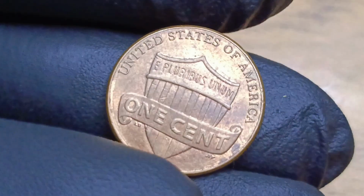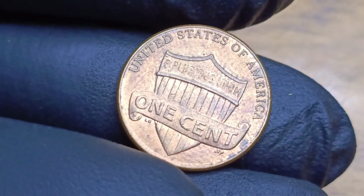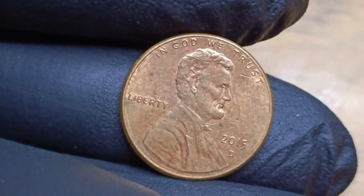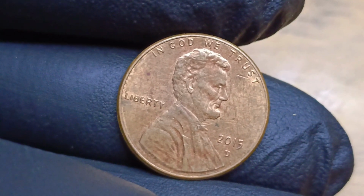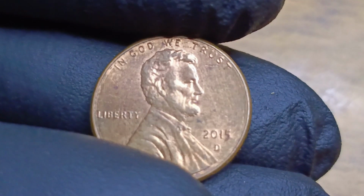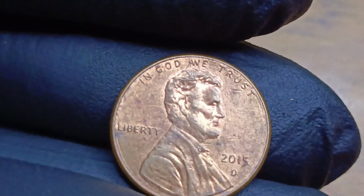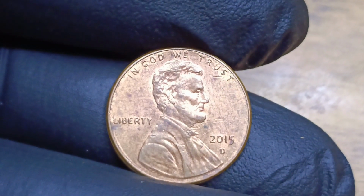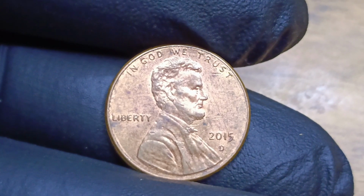example of its kind. Another factor in valuation is condition. A penny in mint state, MS, condition, with no wear and its original red luster, is worth far more than a circulated coin, and grading services assign scores from 1 to 70, with MS-70 being perfect. A 2015 D penny with a major error in MS-70 could command a significant premium, but even then, the $888 million figure seems